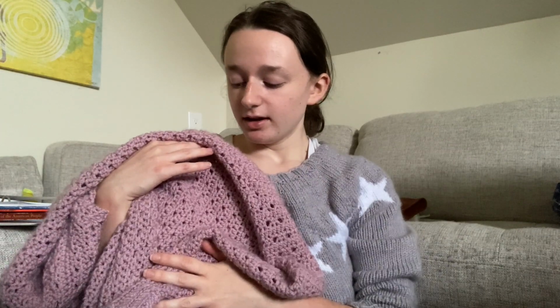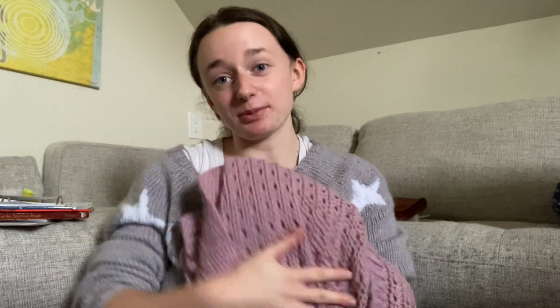I picked up 54, and then I followed her sleeve instructions exactly. But other than that, other than those little things, and really considering it's a free pattern with every other thing you need to know about it, and I think it has a wide range of sizes. I think. I don't remember. But if you're interested in the pattern, just have a little patience with it and it'll be worth it, because